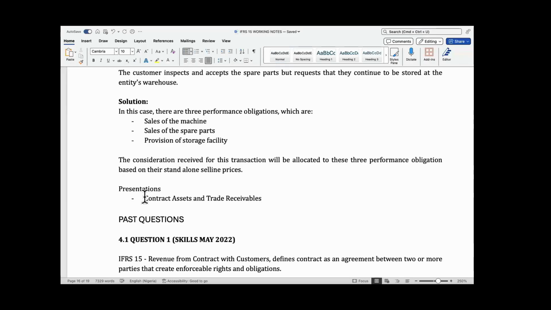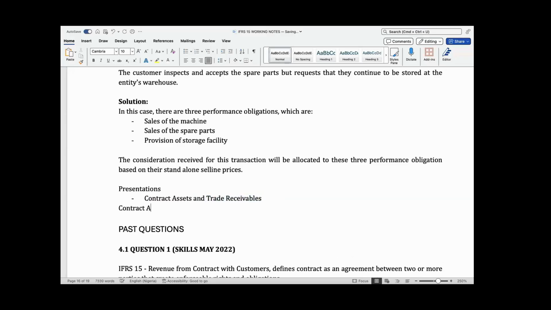You see, the reality is this: a lot of people don't know that there is a difference between contract assets and trade receivables. They are not the same. Everybody just calls the money you're expecting from a customer trade receivables, and it's wrong because there's something called contract assets. This is a right to consideration, money you're expecting from a customer,